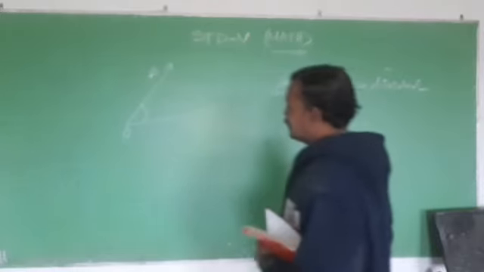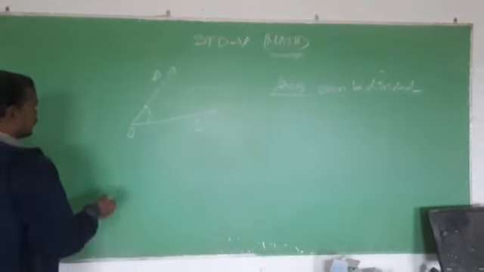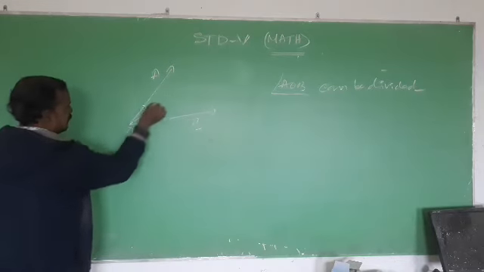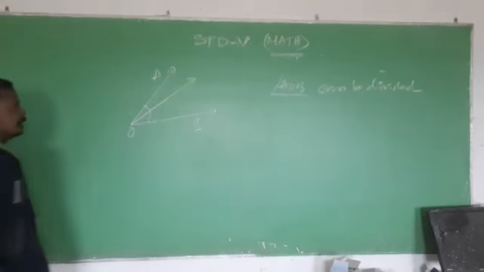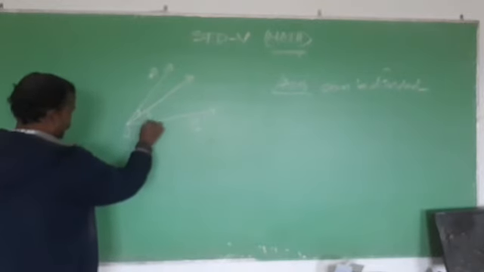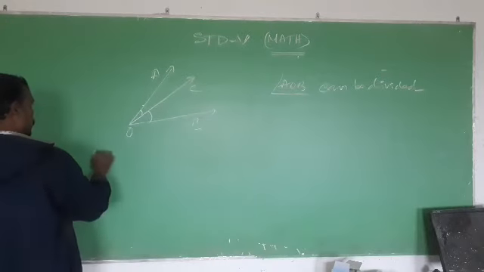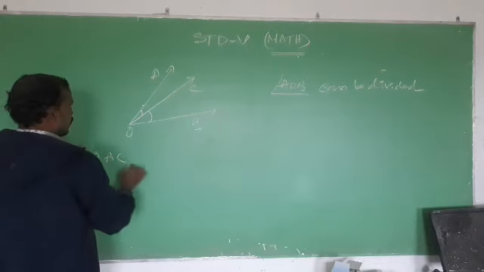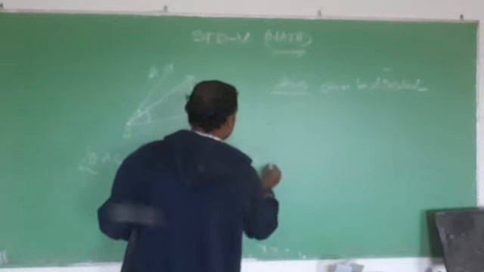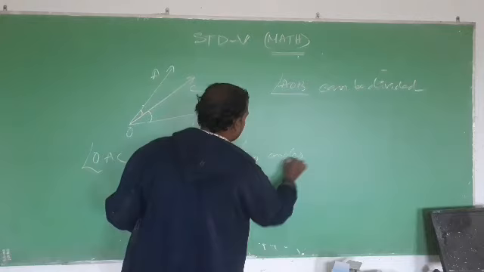कैसे डिवाइड करते हैं? We will take another ray here. Okay, so this ray divides the angle into two angles. Let this be OC. So OAC, COB are two angles. Okay,